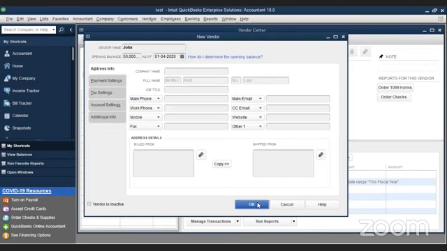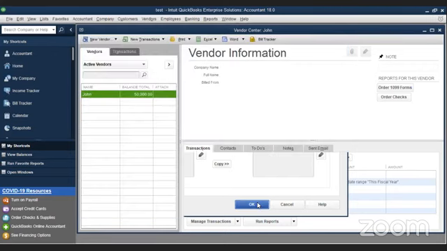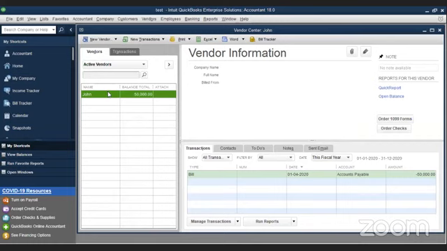So I'm creating John. Here you can see an active vendor called John with a 50,000 due. That means we have to settle 50,000. This company owes 50,000 to him. So we are done with the vendor. We have only one vendor and we owe him. So we are done with that.